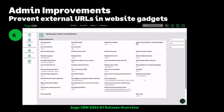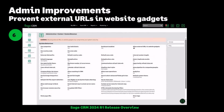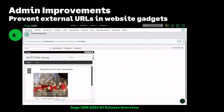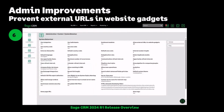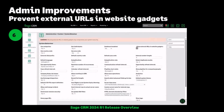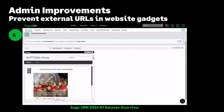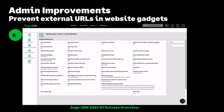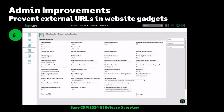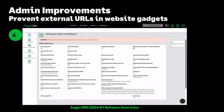We've got this feature inside Sage CRM called a website gadget, and that website gadget can be useful for embedding, say, static pages that come inside the server, and all of the standard dashboard gadgets that we have inside Sage CRM, which include information about, say, administration help, the quick links to guides, etc. There's a lot of static content which make use of website gadgets, but